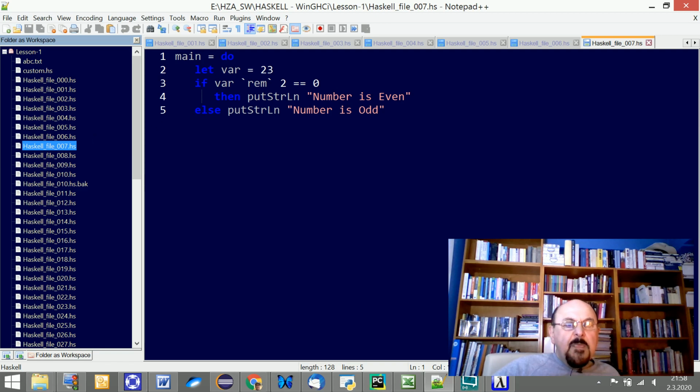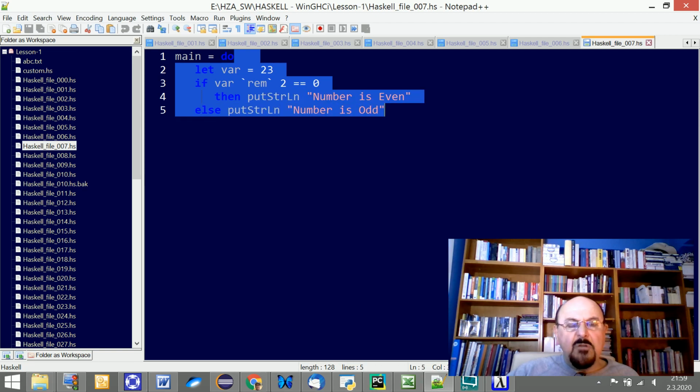Okay, here is an example for division with remaining, or modulo arithmetic. It's called by another name, rem, which stands for remainder. It seems weird, however that's the format in Haskell. In fact, this is our main function, so within this do framework all commands will be performed, and I